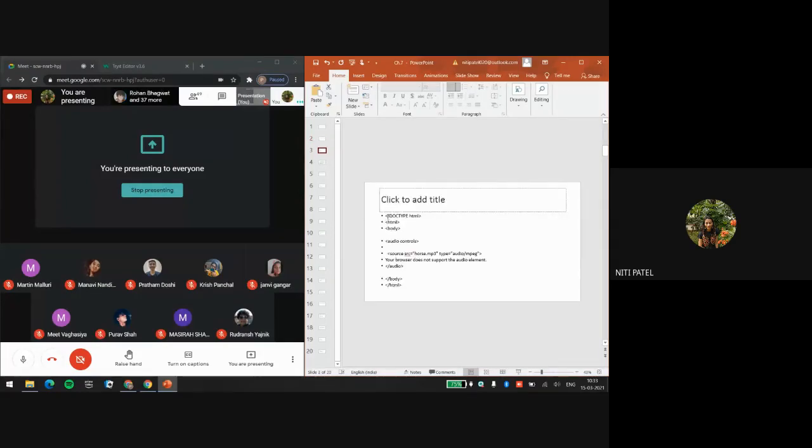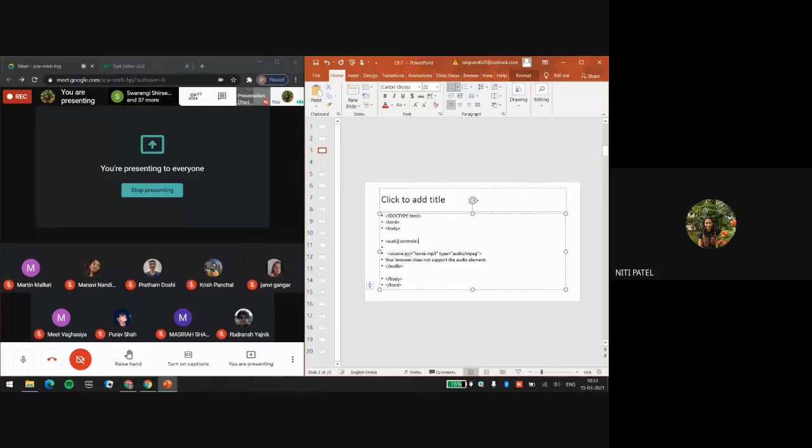This is an example of how you can add audio to the web page. So this is the doctype HTML tag. I have opened the HTML tag, the HTML tag is closed. I have opened the body tag, then the body tag is closed over here. Now, whatever is written in between is the part for adding the audio into your web page.